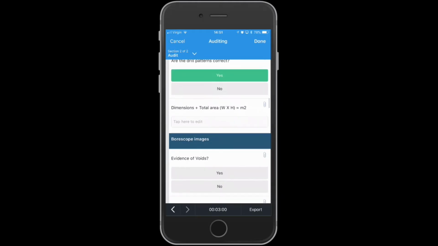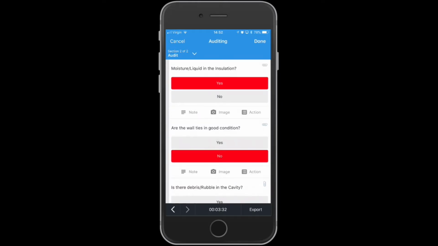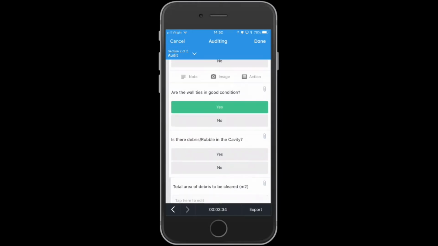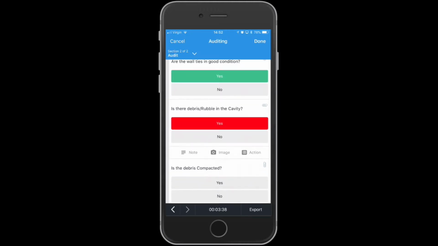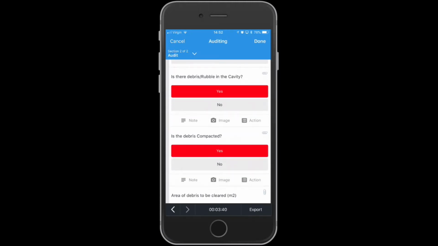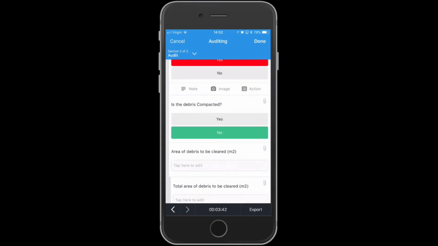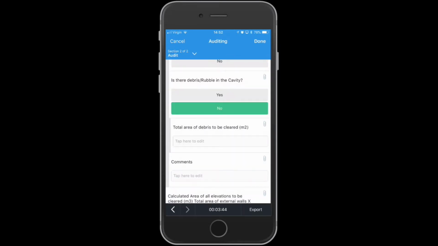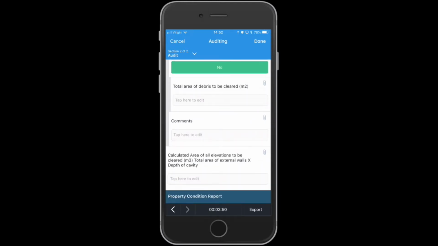Once you've done that, debris or rubble in the cavity, if there's yes, it'll ask you, is it compacted? Yes, again, you can answer, add photos or notes to any of those. If you type in no, then that box doesn't drop down. Then you can add any further notes. Once you've done that, you scroll back up